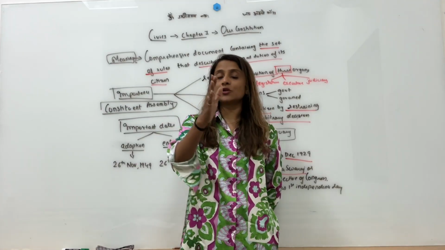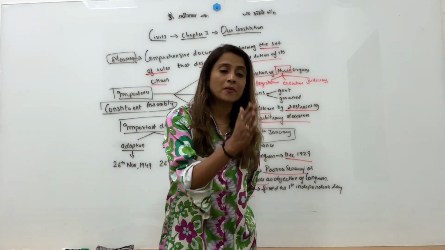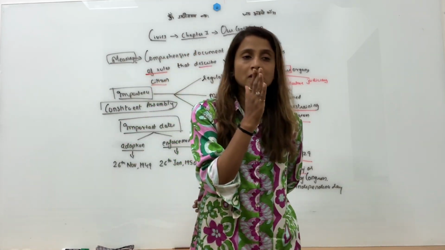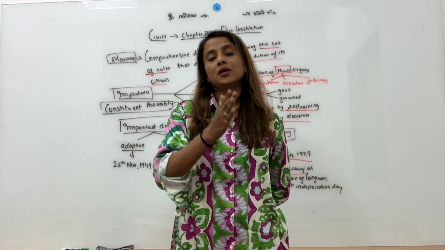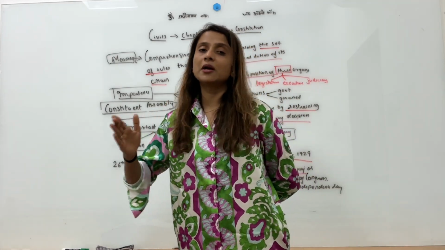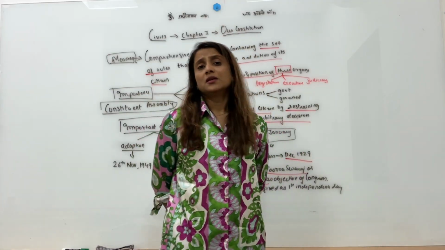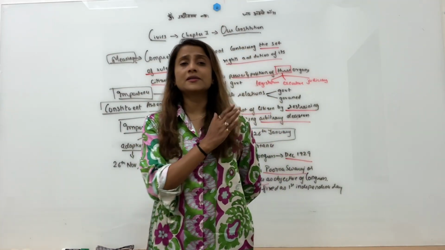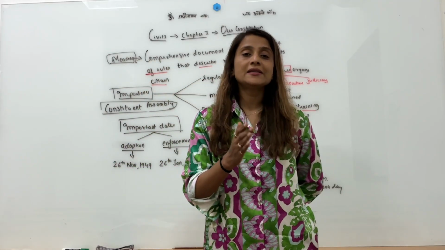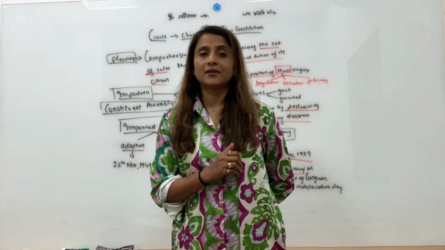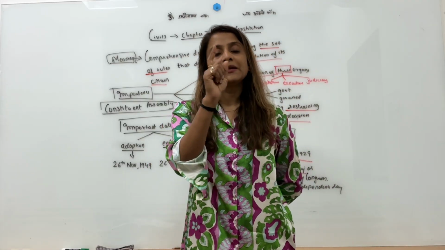That is what the resolution they had passed, that from now onwards, the resolution of the Congress will be Purna Swaraj or complete independence. But of course, also Congress decided that 26 January 1930 will be the first Independence Day